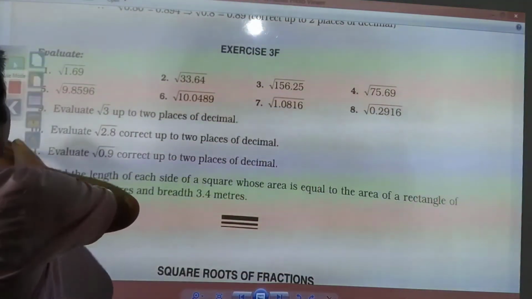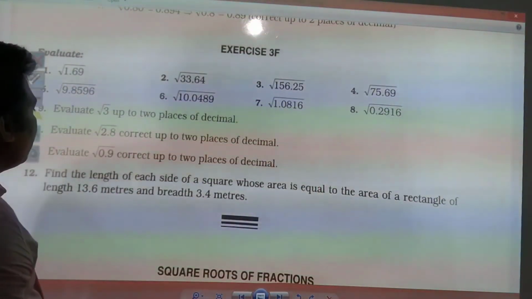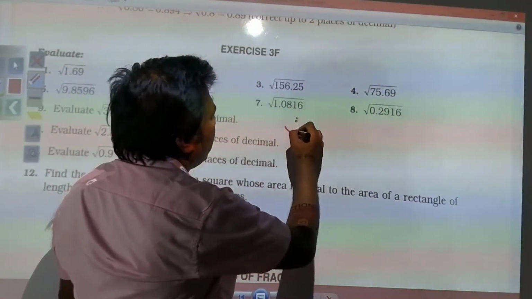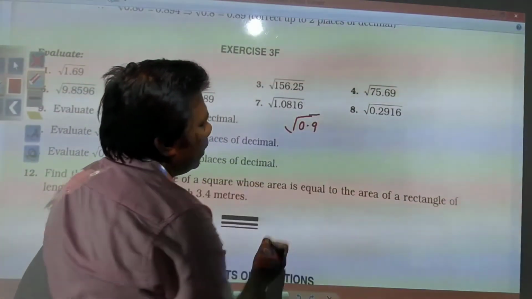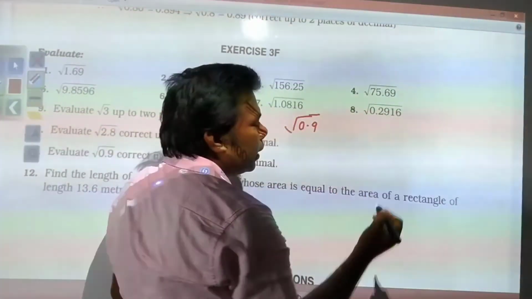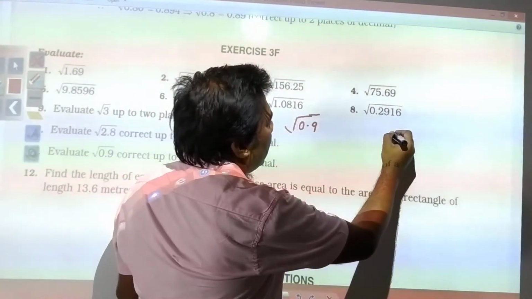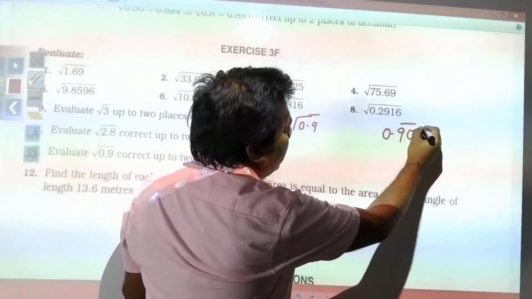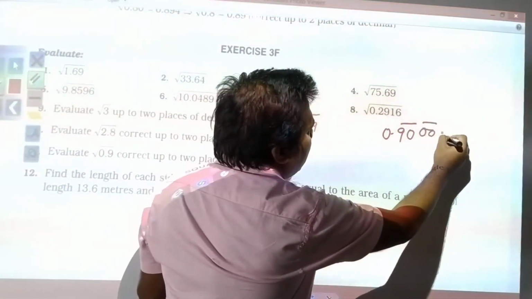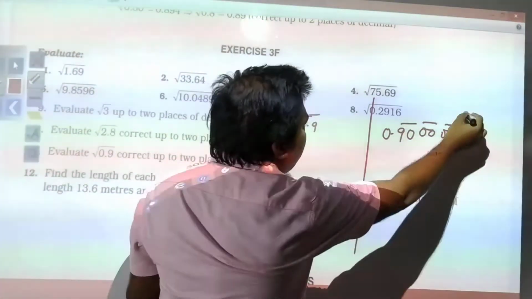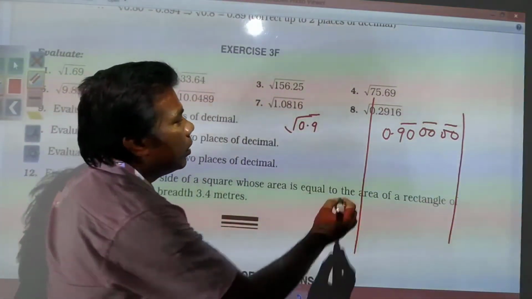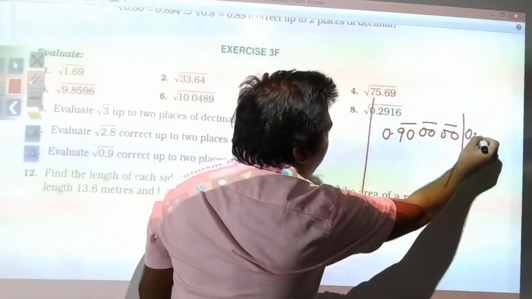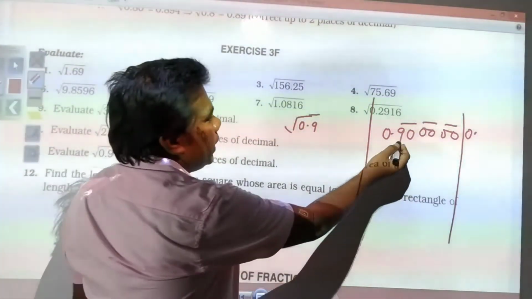Next you have root under 0.9, correct up to 2 places of decimal. Here you see how we will find out. Correct up to 2 places. 0.9 you have, so we will do like this. Now you see, we will find out this. So first period you have 0 and point, so 0 point you will put, and then we will see this